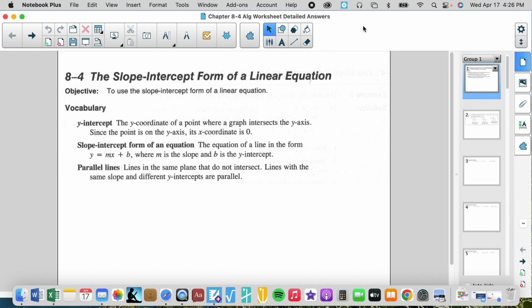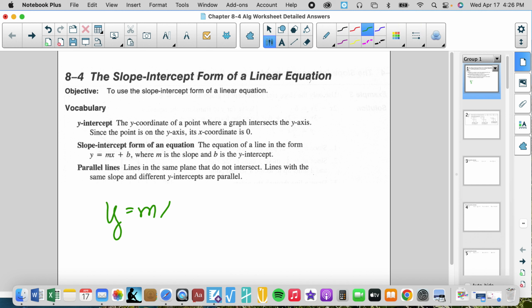More enjoyable sections. Actually, they're all enjoyable, let's be honest. I love algebra. But I do enjoy teaching this part of linear equations. So this is the first form that we are introduced to. A linear form is called slope-intercept form of a linear equation. So slope-intercept form, the form is y equals mx plus b, and it's important for us to understand what each